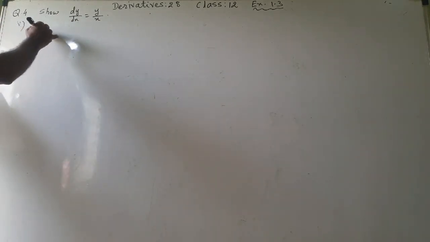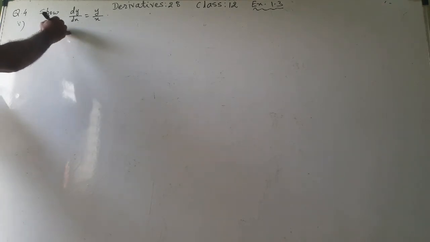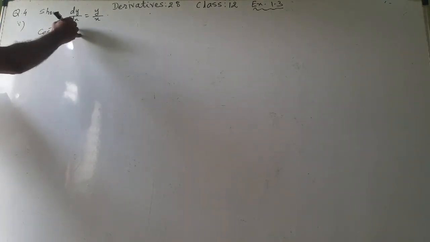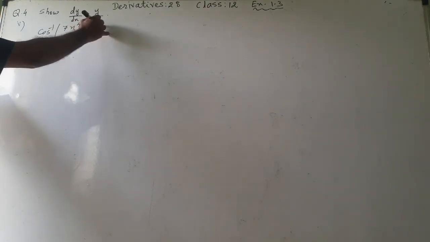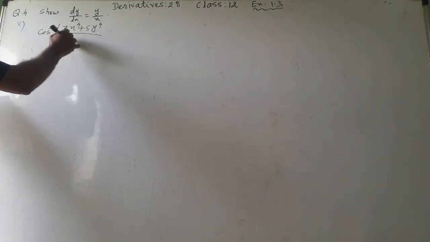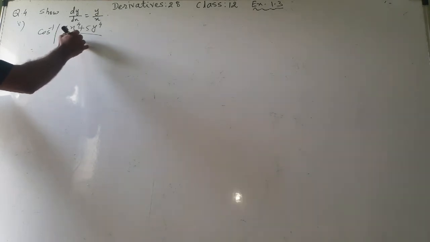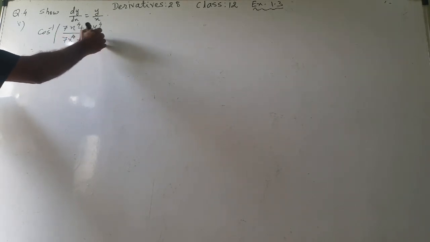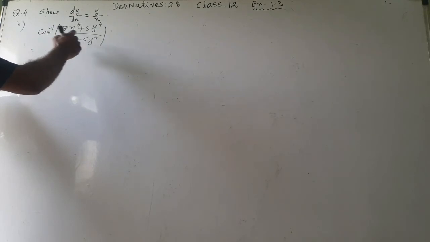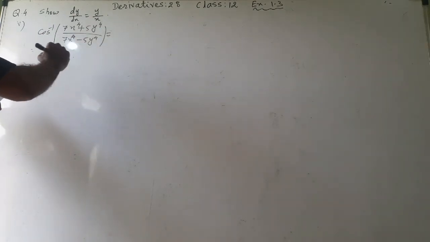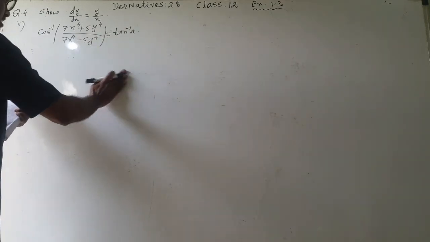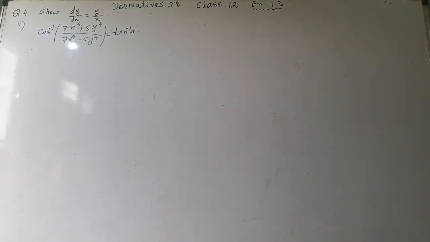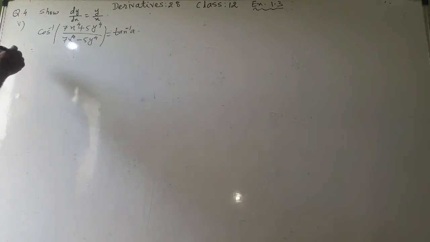So the fifth sum is cos inverse of 7x raised to 4 plus 5y raised to 4 upon 7x raised to 4 minus 5y raised to 4. This pattern for these sums remains the same. So from that you will understand by this way also we can solve it. Now what I will do, therefore